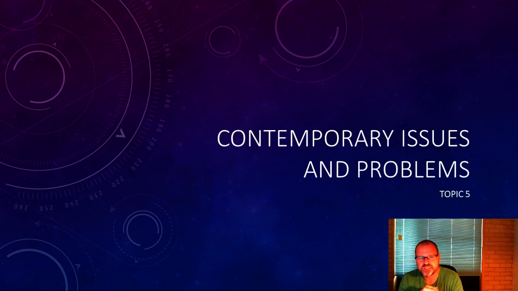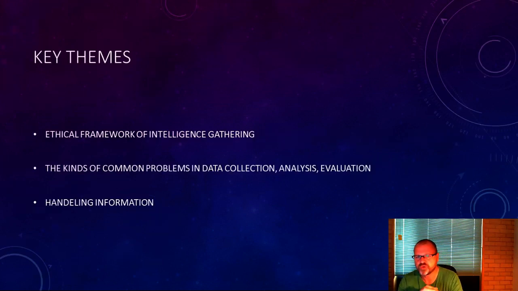Topic 5 is looking at some of the contemporary issues and problems surrounding intelligence analysis, data collection, and those particular areas. In looking at this, we will cover 3 themes, and they're very broad themes. In some ways, this is really just the tip of an iceberg. Whenever we talk about contemporary issues or problems, it could go on for quite some time. But I've chosen a couple here just as a way to introduce an ethical dimension